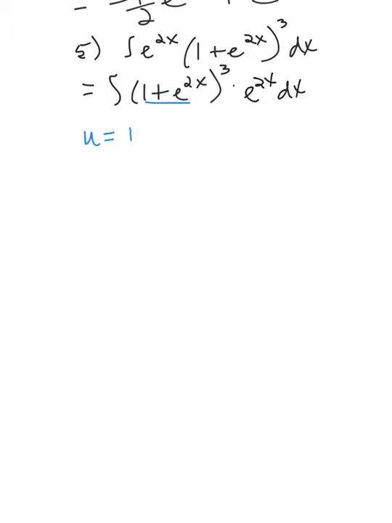So u will equal 1 plus e to the 2x. This would make du, the derivative of 1 equals 0, and the derivative of the e to the 2x will be e to the 2x times the derivative of the power, which is 2